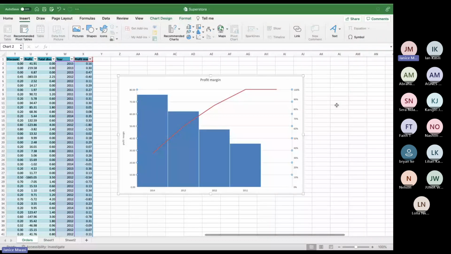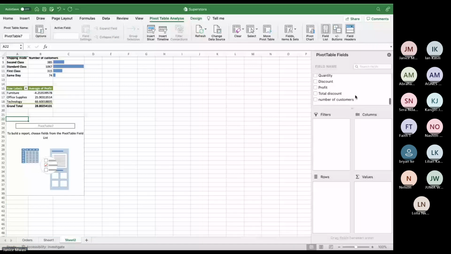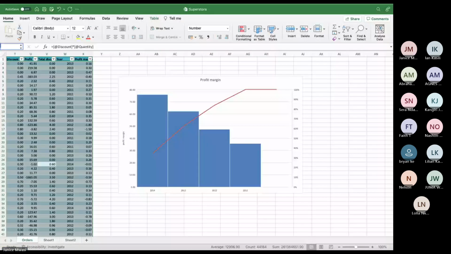So let's replicate the same and have what is the yearly profit margins and then create a table. So we'll first create a table for the